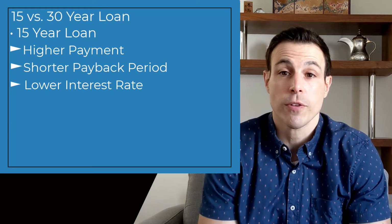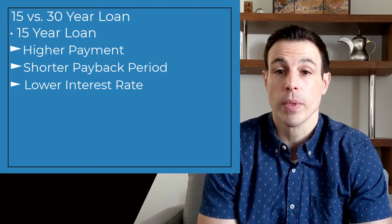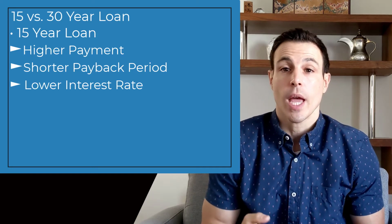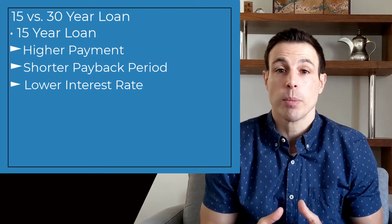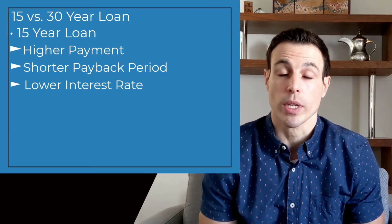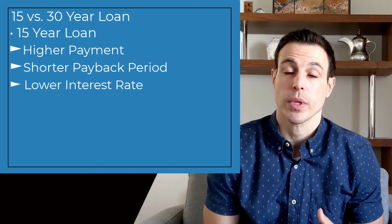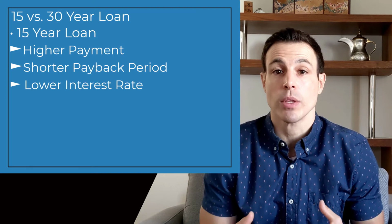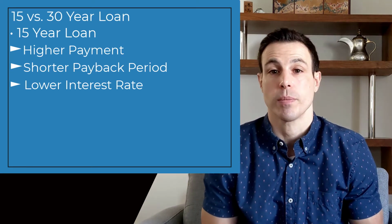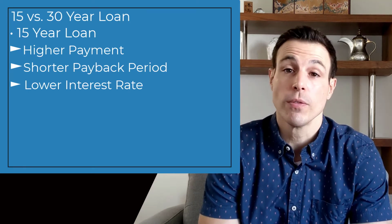And so, why does a 15-year loan have a lower interest rate? Well, if you remember back to Chapter 1, Time Value of Money, an interest rate has two components. It has an inflation and a risk component. And because the lender, in other words the bank, gets paid back 15 years earlier than what they would with a 30-year loan, they incur less risk. And also because the loan is shorter by 15 years, there's less inflation. So the increase in monthly payment due to the shorter payback period will always be partly offset by a lower interest rate. So now I want to jump to Excel and compare the monthly payments for a 15 versus a